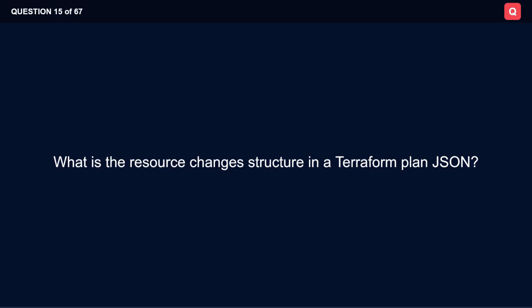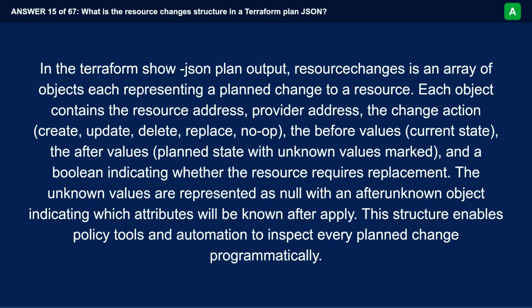What is the resource changes structure in a Terraform plan JSON? In the terraform show JSON plan output, resource changes is an array of objects, each representing a plan change to a resource. Each object contains the resource address, provider address, the change action, create, update, delete, replace, no-op, the before